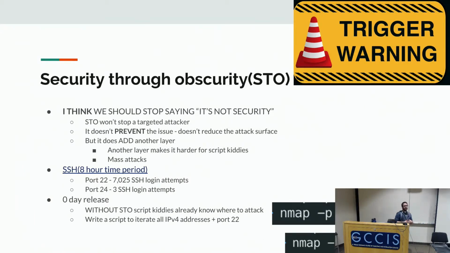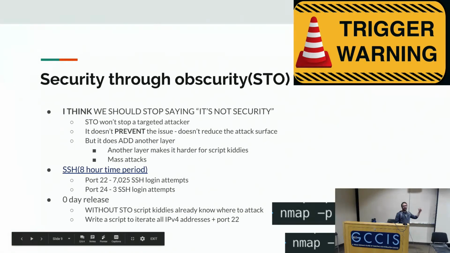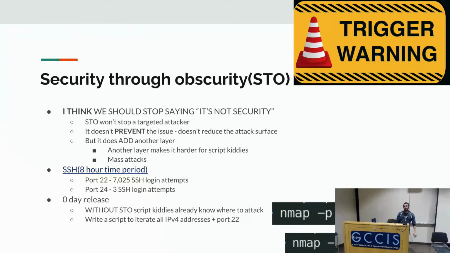Again, as an attacker, the sophistication required to figure out what port SSH is on is shown right there in the bottom, where I have these pictures of Nmap. You just change the port from port 22 to scan all ports. That's the layer of sophistication that has to go up a layer, right? For someone to get around security through obscurity.